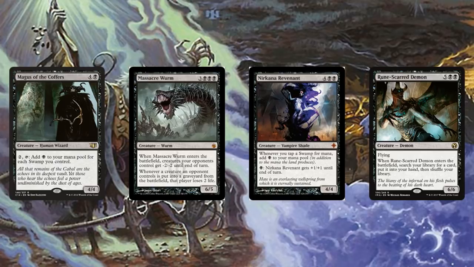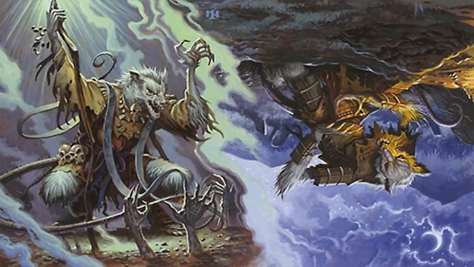Rune-Scarred Demon, 7 mana, pretty simple, going to get us a card from our library to our hand. Black is awesome with tutors. And then we do play 2